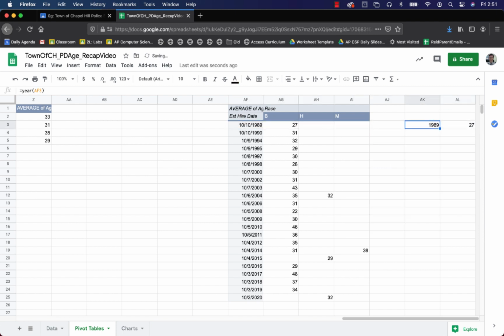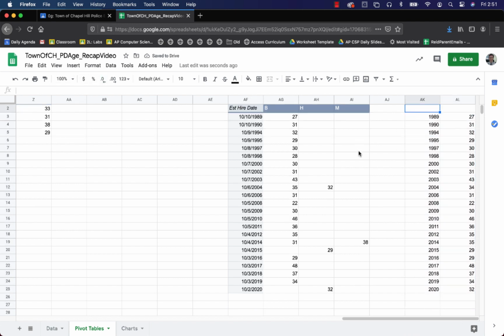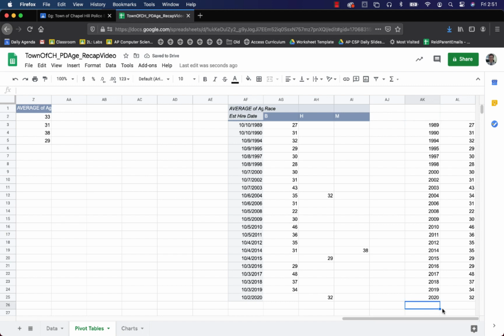Great. And drag that through. Great. All right, so now the question is, if the year is 2035, what is that value going to be? And if I imagine making my chart,